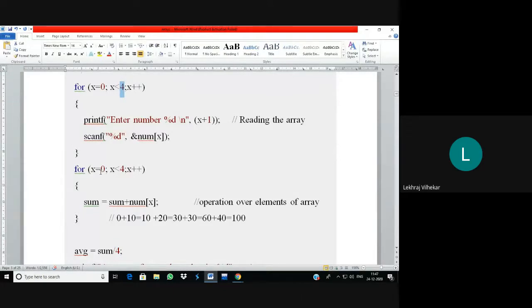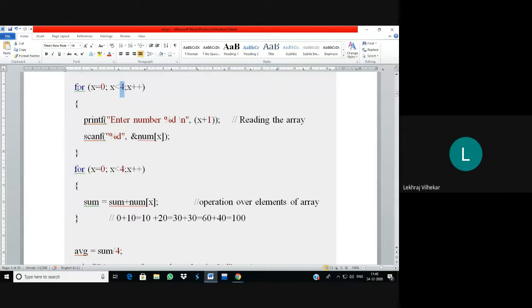Okay, so suppose you have to find the average of 4 elements, then you can simply write a simple program with integers m1, m2, m3, m4, because that is not tedious. But suppose you are going to find the average of 10 elements, then at that time you must use an array. Otherwise you have to read like this: ampersand m1, m2, m3, m4 up to m10. Then again the sum should be m1 plus m2 plus m3 plus up to m10, and after that you can find the average.